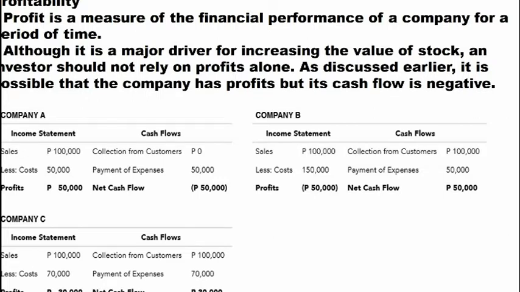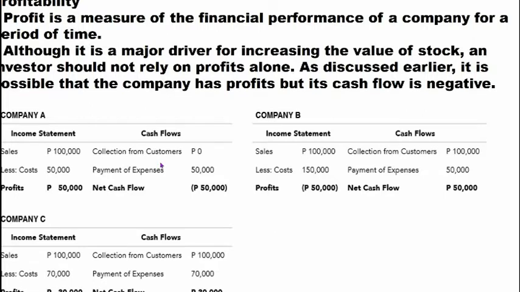So, we have a different parts ng financial statement. So, kasunod ni income statement si cash flows, wherein sa collection, pagdating sa customers, 0. So, ibig sabihin, yung sales na nakuha niya is karamihan or lahat ay receivable. So, wala siyang nare-receive na cash. So, kapag binayad niya pa yon sa expense na 50,000, yung cash is magiging negative 50,000. So, ang net cash flow niya is 50,000 na manggagaling sa previous cash na meron siya or yung available cash na meron siya. So, meron siyang negative cash flow. So, hindi tayo mag-i-invest dito sa